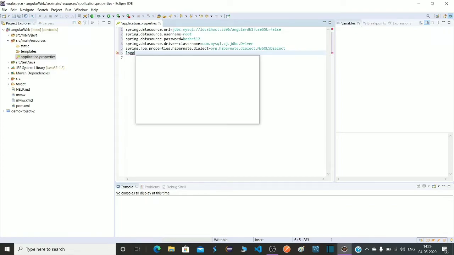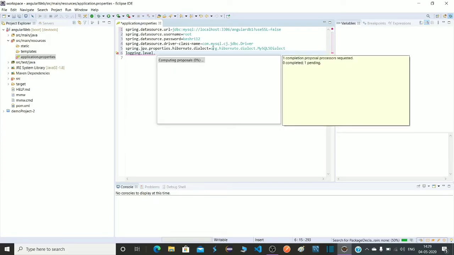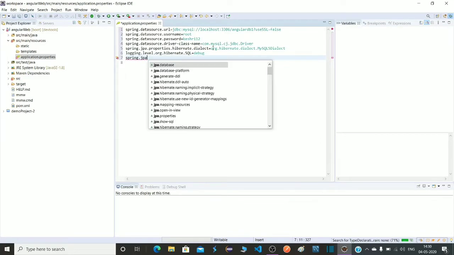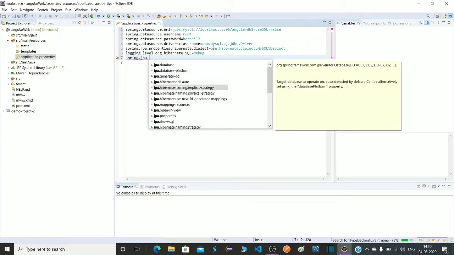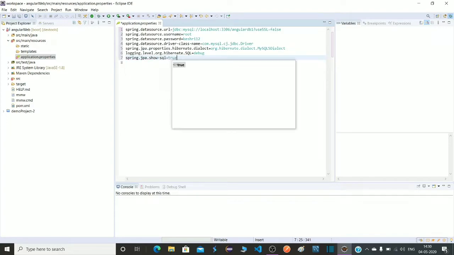For that, logging.level.org.hibernate.SQL equals debug. Spring.jpa, and where is it, oh sorry, okay, make it true.